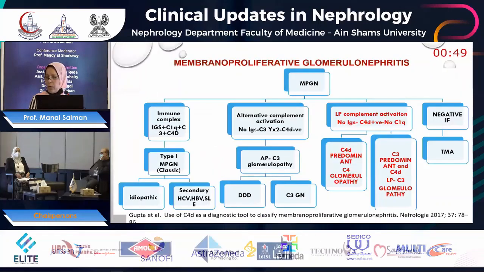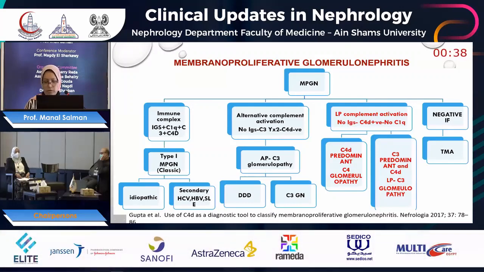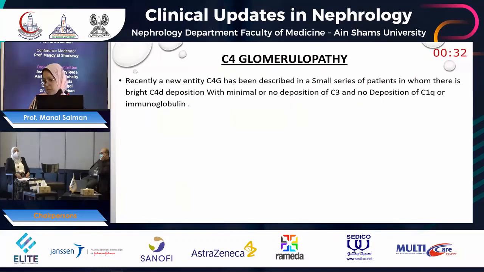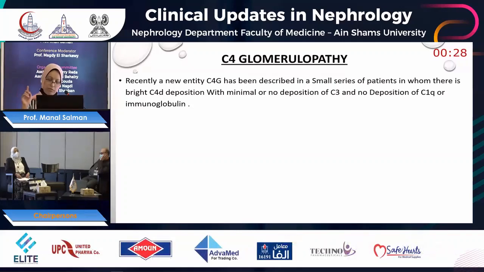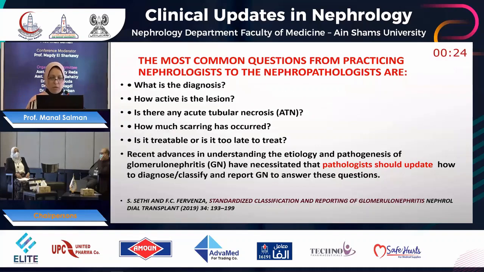فاول ما جو قالوا ايه ده حلو قوي يفصل لنا الممبرينو بروليفراتيف كلاسيك من الC3 glomerulonephritis، لكن الحقيقه طلع بعد كده ناس قالوا لا ده احنا لقيناه كمان موجود في الC3 glomerulonephritis and so it cannot segregate both from each other. وبالتالي اكتشفوا كمان حاجه اسمها C4 glomerulopathy اللي بيبقى شبه الC3 بس البريدومينانت فيها الC4، هو رير ديزيز بس بقى موجود على الساحه. طيب احنا عايزين ايه؟ احنا عندنا common clinical questions